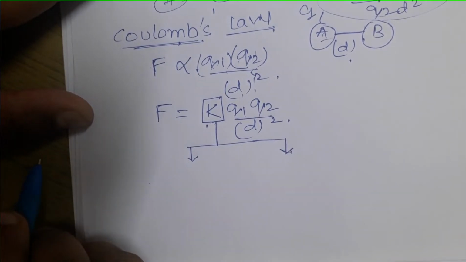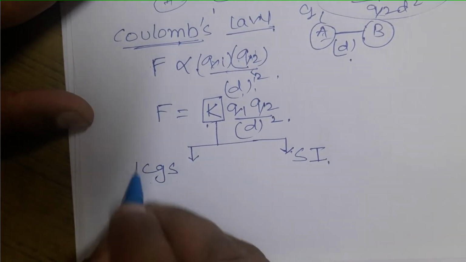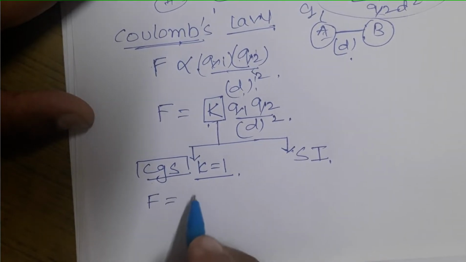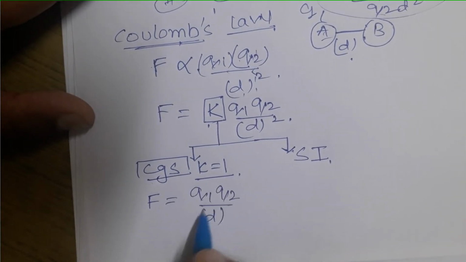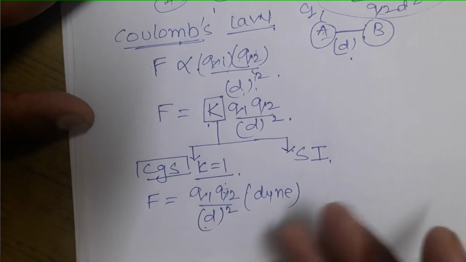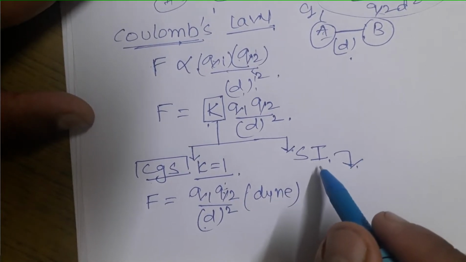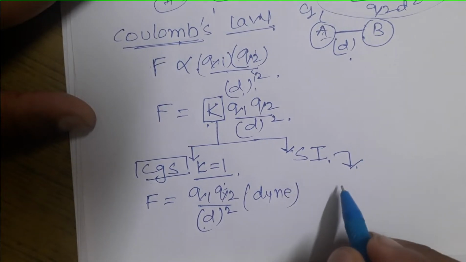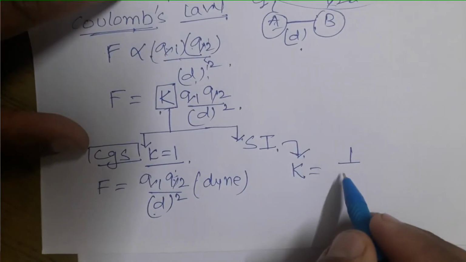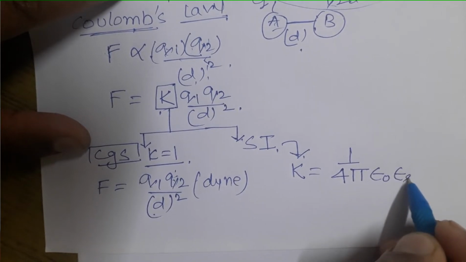Now the value of K is decided by the system of units you selected. We have the CGS system, we have the SI system. If you have the CGS system, then we take the value of K as 1. If I get F equal to Q1, Q2 by distance squared, then the distance will be in centimeter and the charge will be in a CGS unit. But if I take the SI system, the value of K is given by